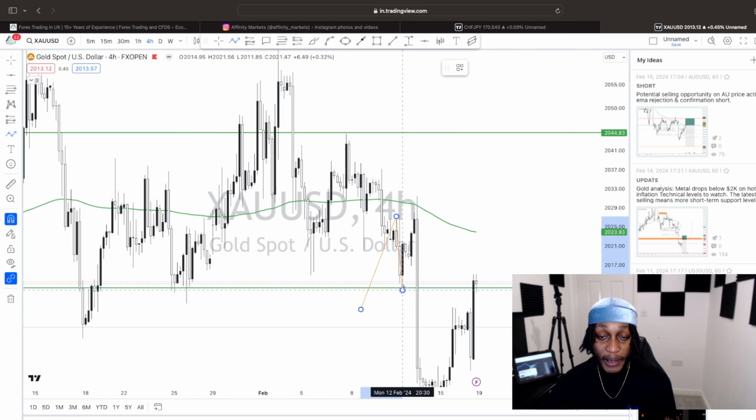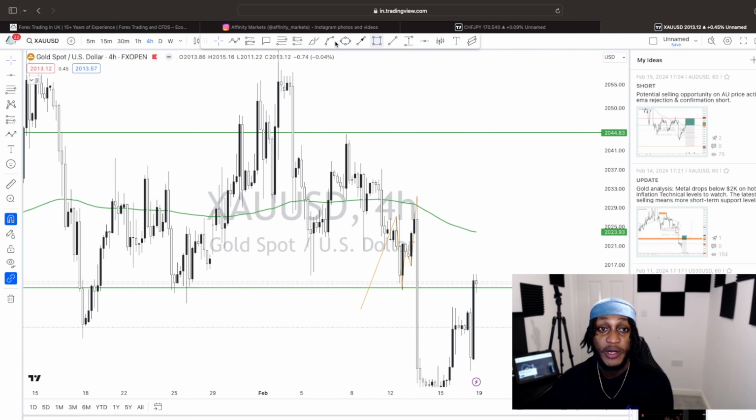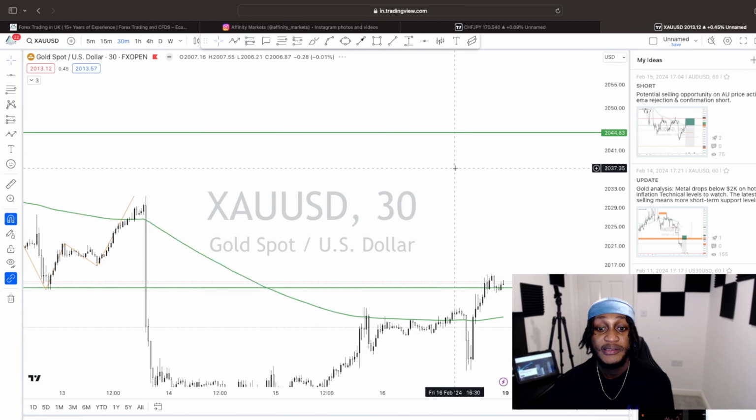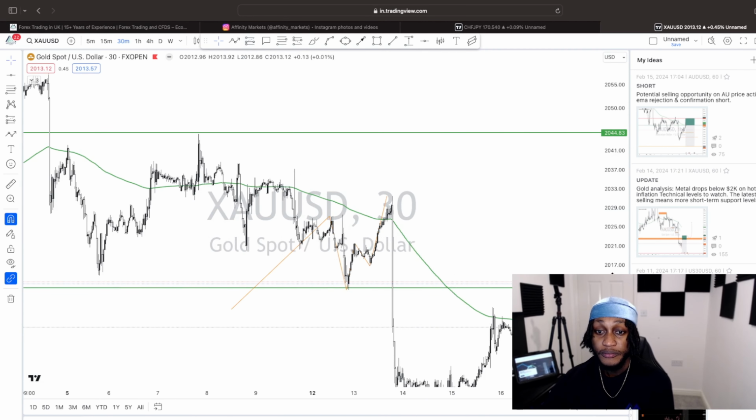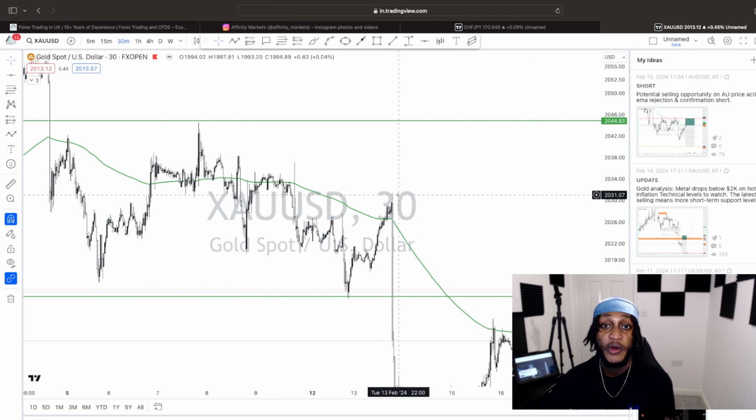We did take some buys, and we did send these to our traders, but then what we saw was this first push, and then once we came back to our EMA, that's when I will be looking to sell. However, I'll be looking to sell on my lower time frame. So on my lower time frame, you can see, and what I always want you guys to pay attention to